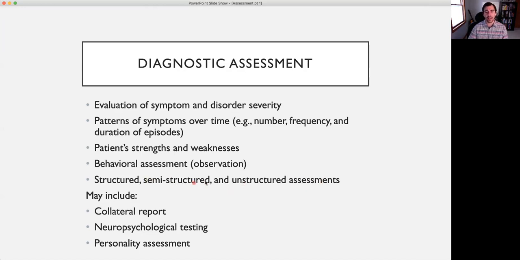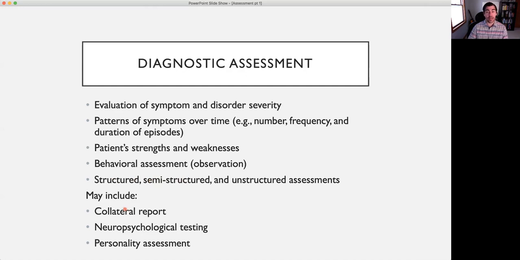So I tend to fall in this direction of liking semi-structured interviews because there's some flexibility while also providing some nice structure. There are some examples of structured interviews that you can take a look at if you'd like to. Some of them should be available online. One would be the KSADS-PL. That's a semi-structured interview for childhood mental health problems. That would be one that would be relatively easy to find. I'll see if I can post it on Canvas as well. And then there are a lot of other ones that are in this direction as well.